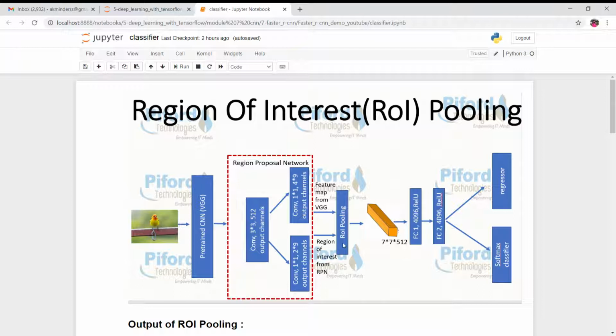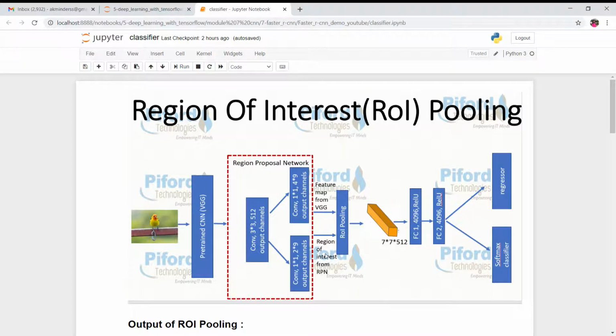Now let's see it in detail. Over here, ROI pooling accepts two inputs. One input is the region of interest, which the RPN just created, and the other input is the feature map from VGG, created by this network.